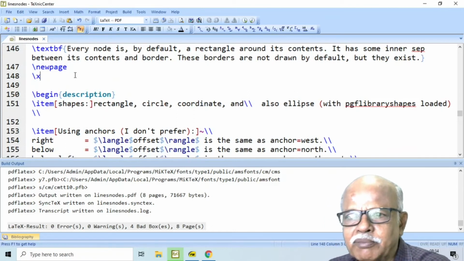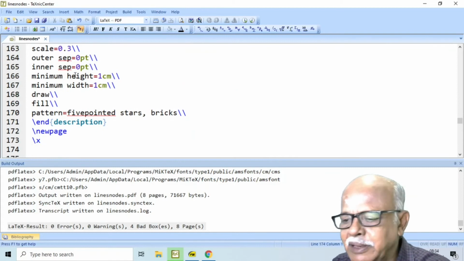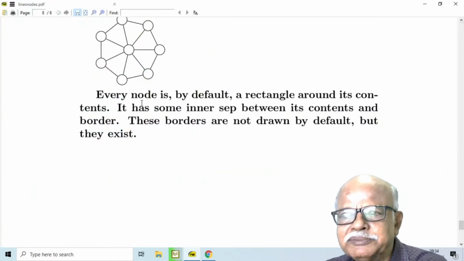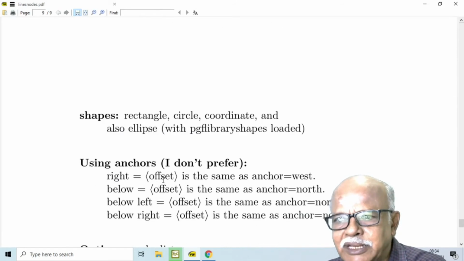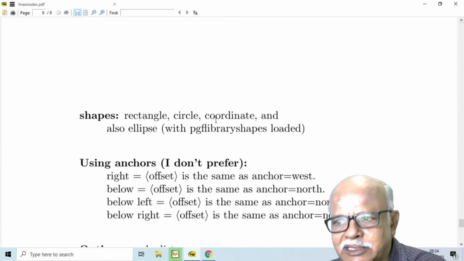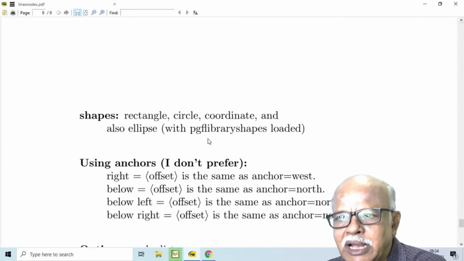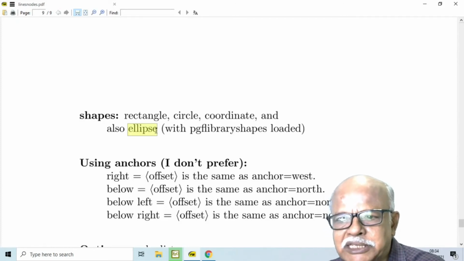Now, for nodes, we have got many options. You can have a shape rectangle, circle, or simply a coordinate. And if you use the PGF library shapes, then you can also give ellipse as a shape.